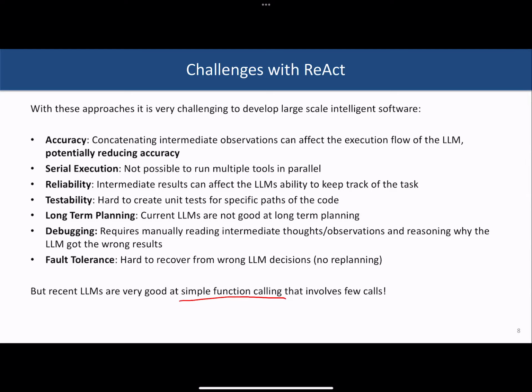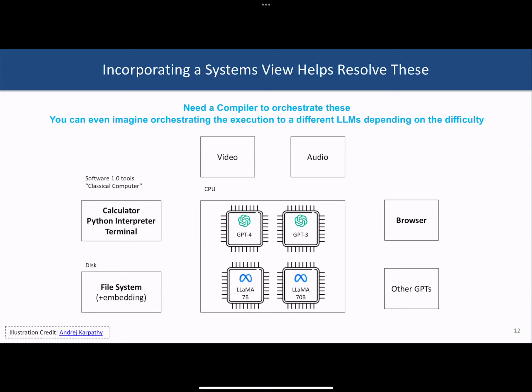For example, one of the cases that we're considering is that this compiler or operating system could even route the task or the function call to the correct LLM depending on the complexity. You can have multiple LLMs of different capabilities, GPT-4, GPT-3, or different Llamas, and then the compiler can decide which one to route to, or maybe all of them at the same time to speed it up. So to talk more about the very first MVP that we've come up with, I'll pass it to Sehoon to present our first attempt at solving this problem. Sehoon?